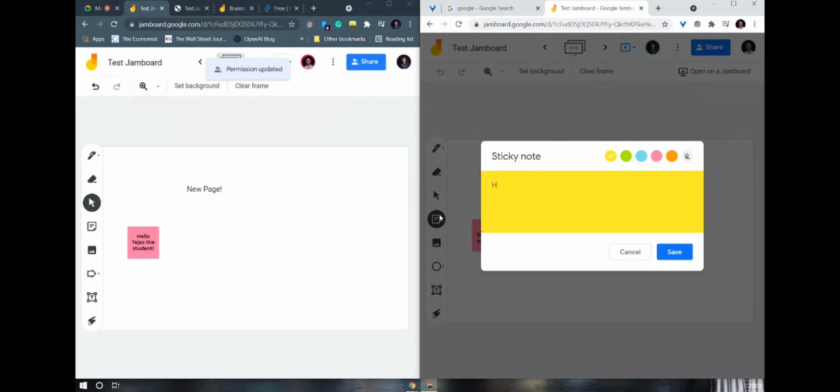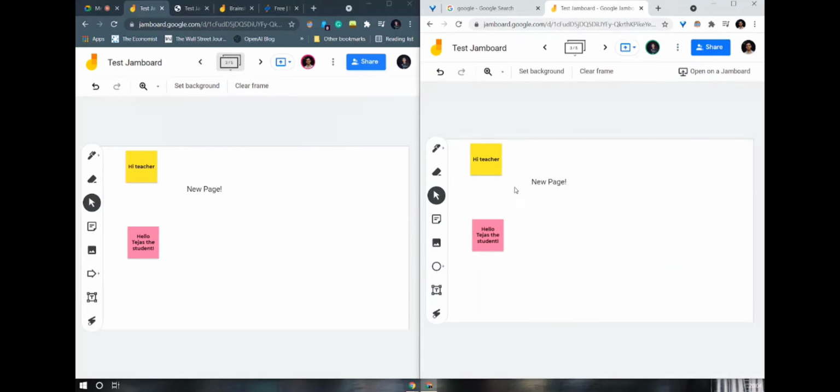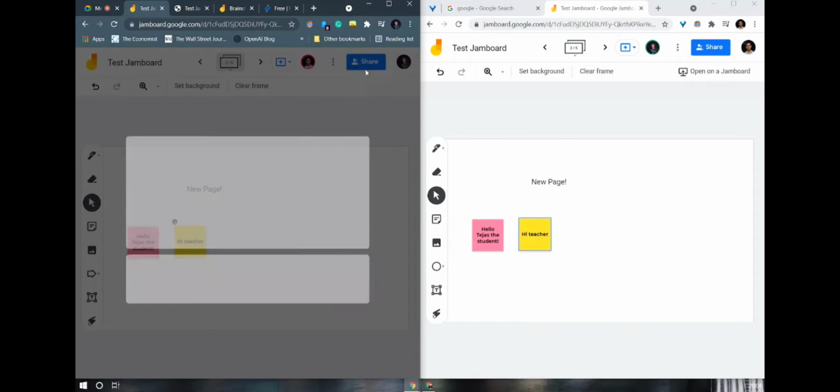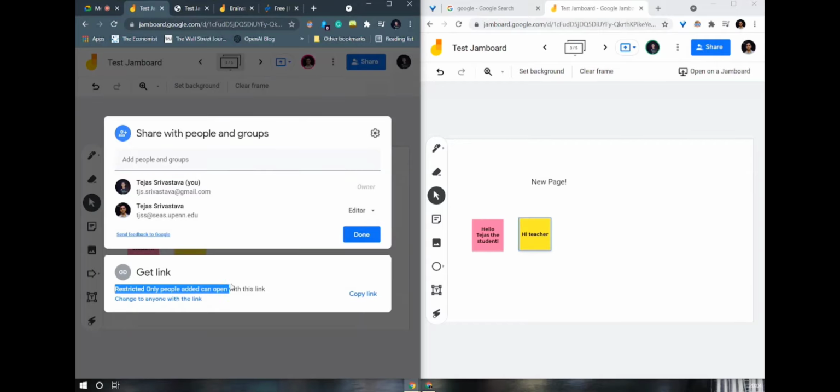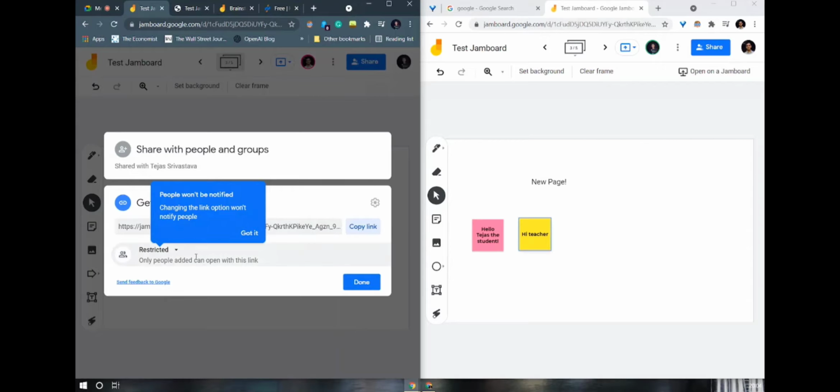So then the student can draw, write, insert images, and even put sticky notes like we see here. And again, any changes made by the student are also seen by the teacher. So any changes made by anyone who has access to it are reflected for everyone who has access to it. But let's see how we can give access to